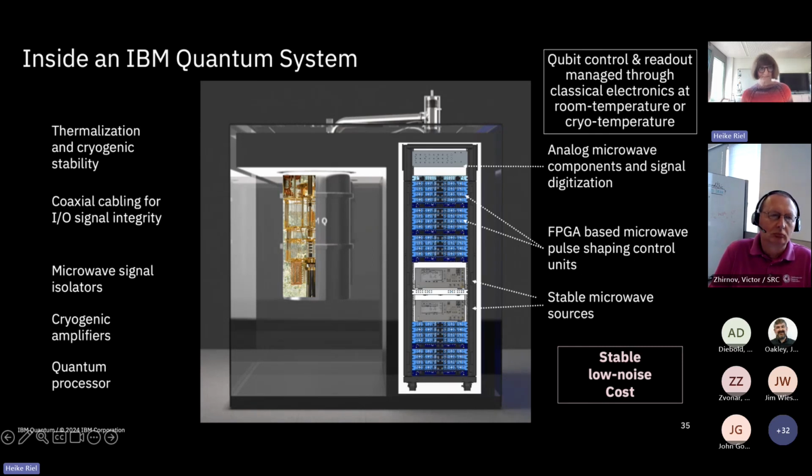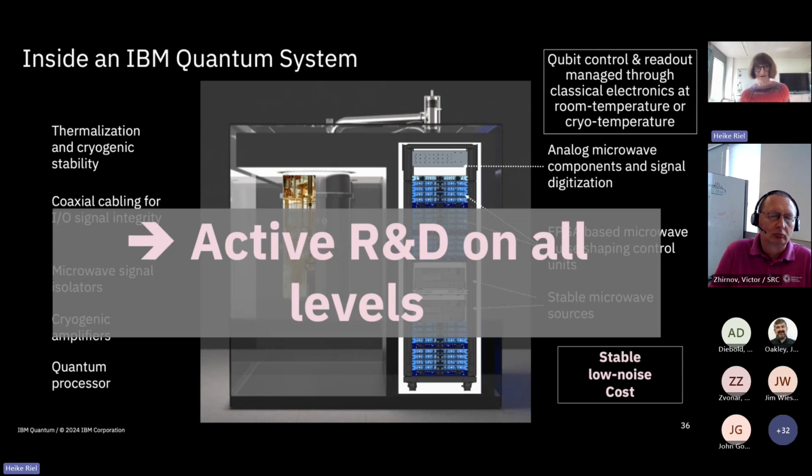And therefore, as you can imagine, on all of these different components, the fridge, the electronics, the cabling, the microwave signal isolators, the cryogenic amplifiers, the quantum processor, on all of these levels there is active research and development to